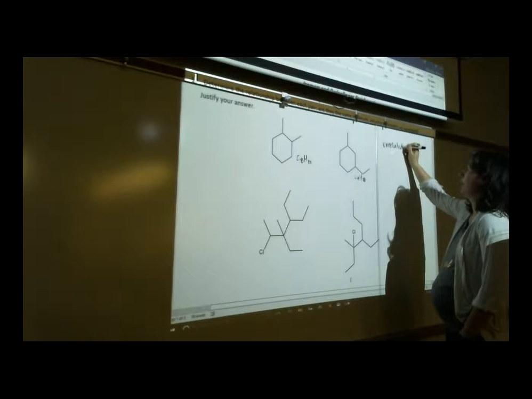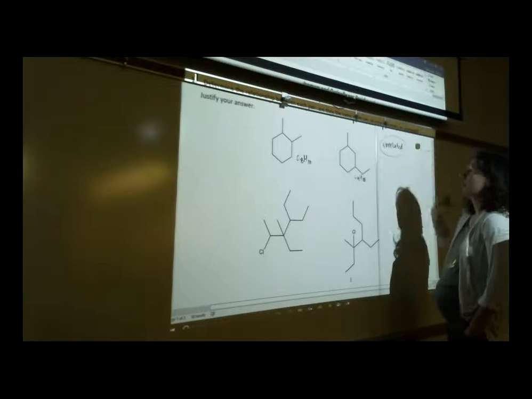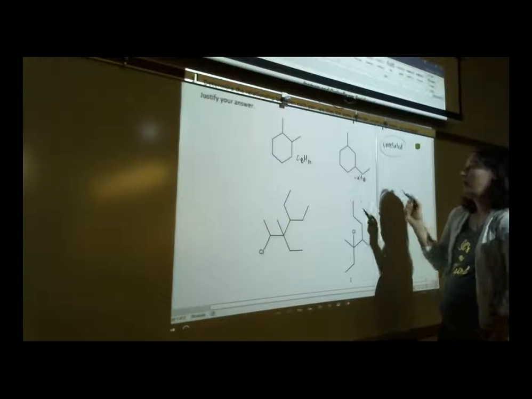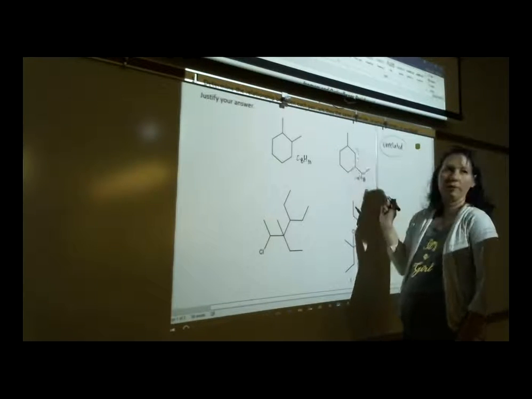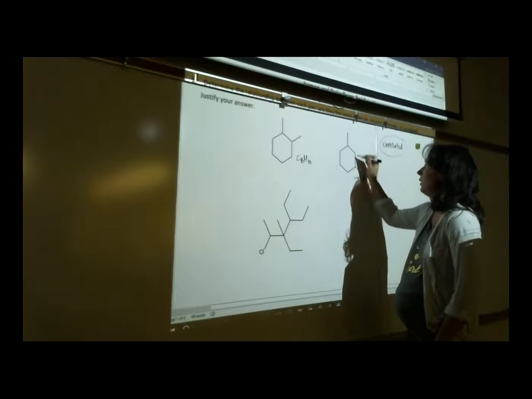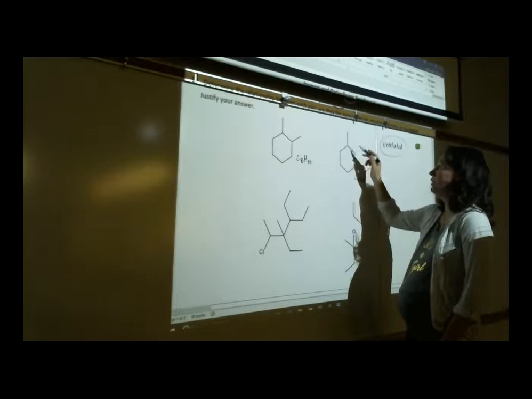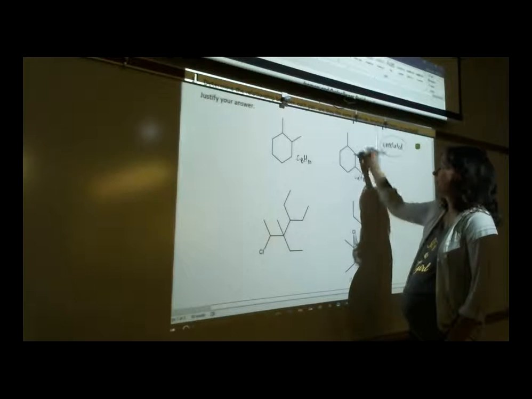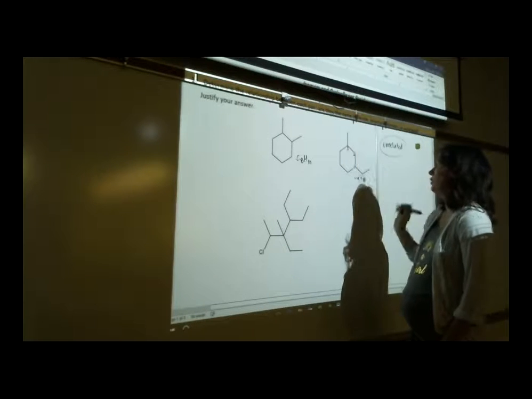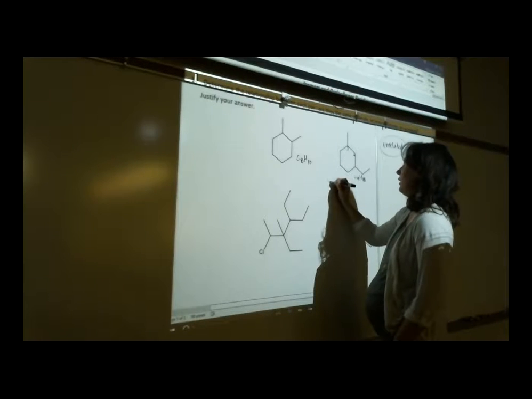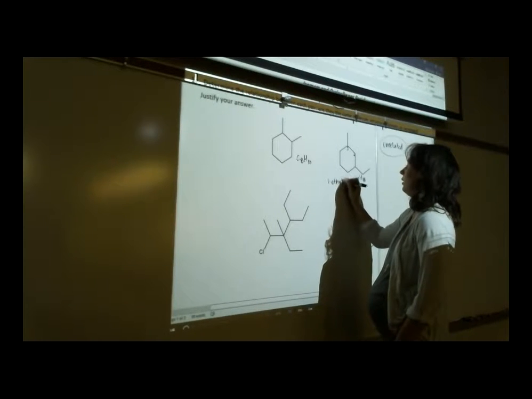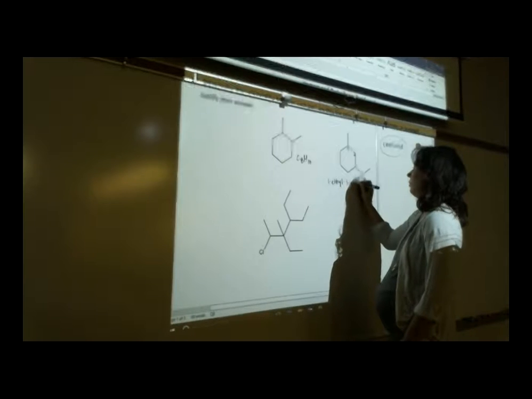And just for good practice, let's name these. Where's carbon number 1 here? Is it the one with the ethyl or the methyl? It's the ethyl, right? So 1. And then am I numbering clockwise or counterclockwise? Counterclockwise. So just for practice, we've already determined they're unrelated, right? This would be 1-ethyl 3-methyl